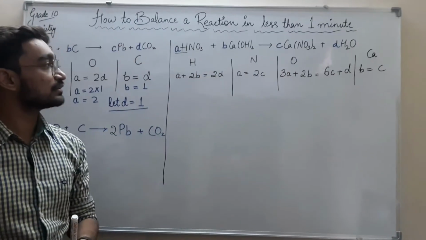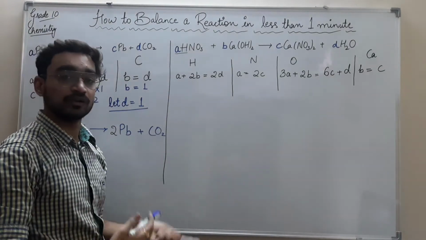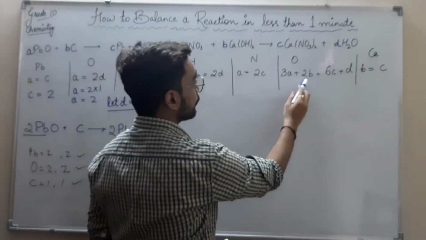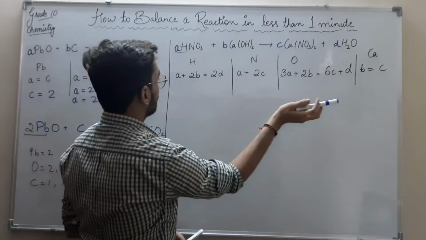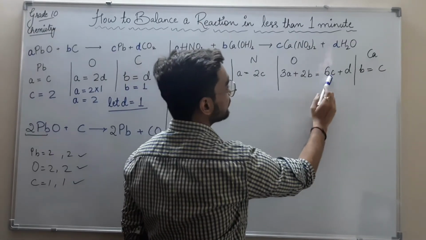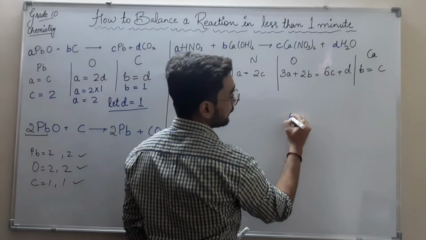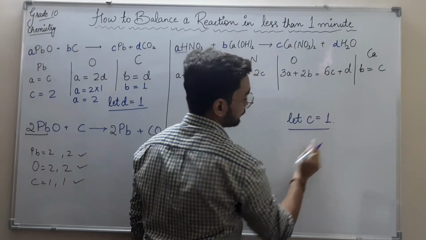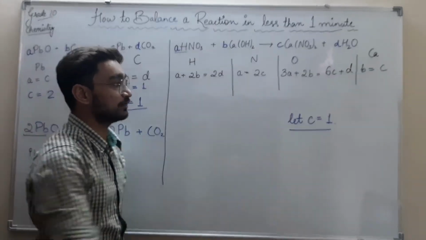So I have assigned the values. Now let us check which is coming more number of times, and we have to assign the value 1 to that. 2B, 4B, 5B, A, 2A, 2D, but let's check 6C, 6 plus 7, 7C. So I will say that let C is equal to 1. I am assigning that let C will be equal to 1 because C is repeating the maximum number of times.